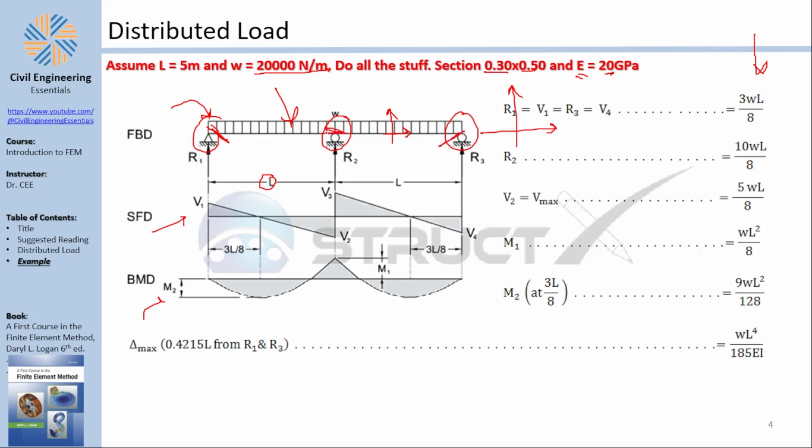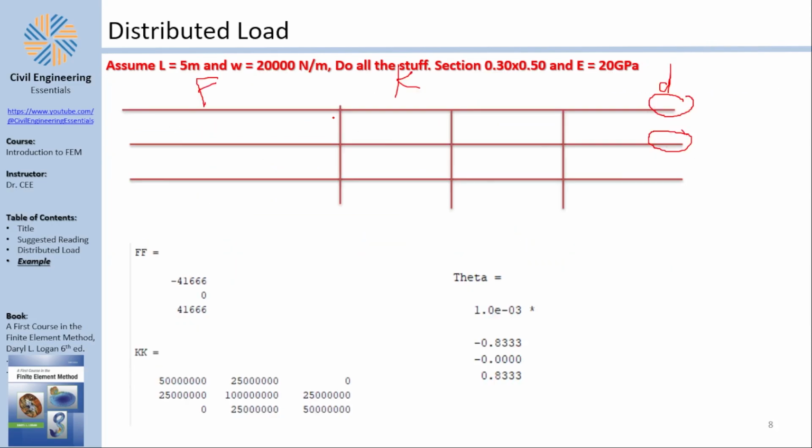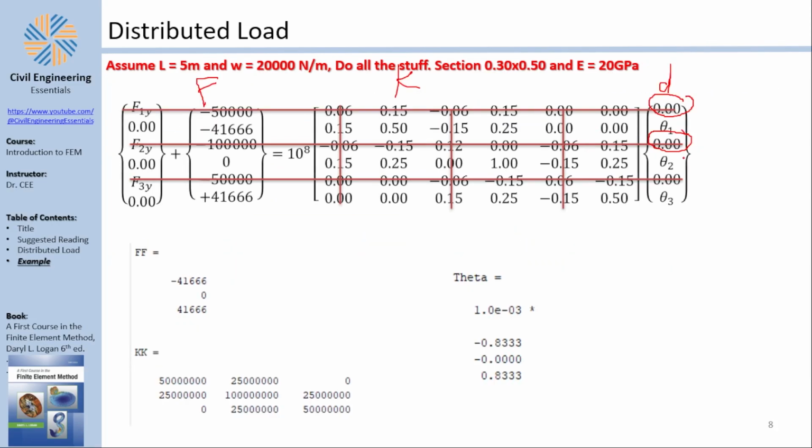don't have rotation at node number 2, but that's a special case because of symmetry. I cannot know this for sure for other structures, so the only things I know for sure, regardless of the structure and the size, is no movement in y here, no movement in y here, and no movement in y here. These are the only things I am 100% sure of. Of course, the question is, hey, I realize this is 0. Can I use this? The answer is yes, you can, but I'm not doing this. Okay, so the deflections at 1, 2, and 3 are zeros, which means I can slash and dash my first